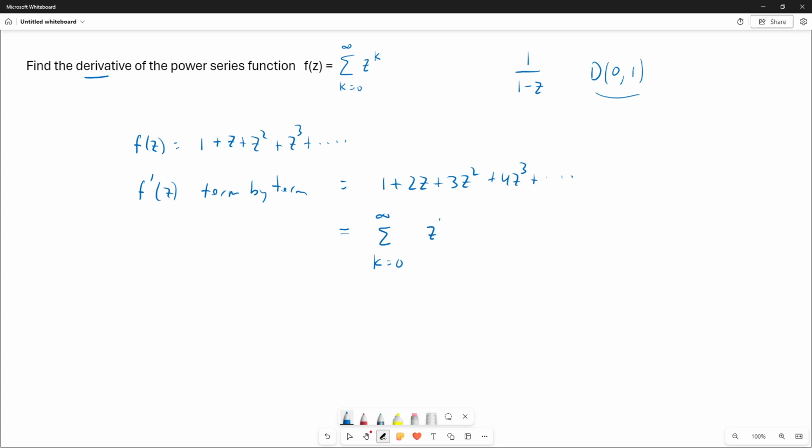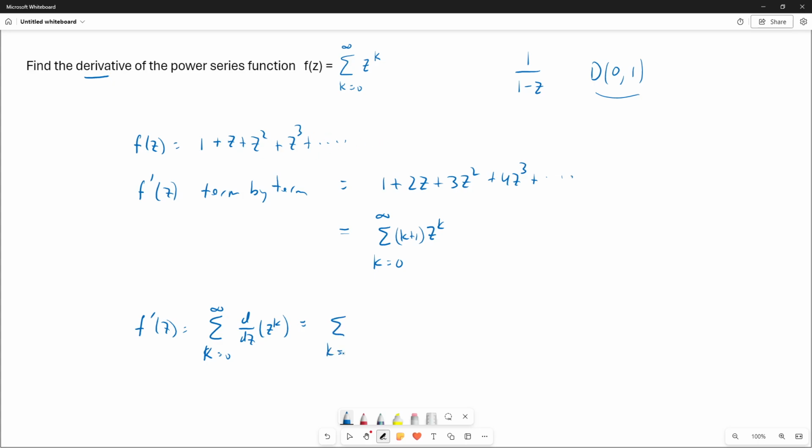if we have z to the k for power 0, power 1, 2, 3, the coefficient is k plus 1 times z to the k. So there's a form of the derivative. Now, on the other hand, if we try to calculate the derivative by just putting the derivative operator inside of the summation, try to do it the short way, the shorthand way, instead of expanding out the summation, then